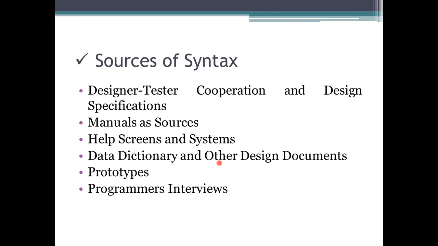The last one here is the programmer's interview. The programmer's interview is a person-to-person interaction, and we will get the data from those people, then study that process and design the test cases. Whatever it is, there should be no ambiguity and no contradictions should be provided, and it has to be considered that